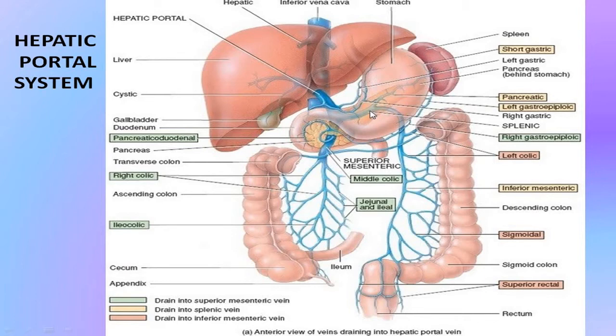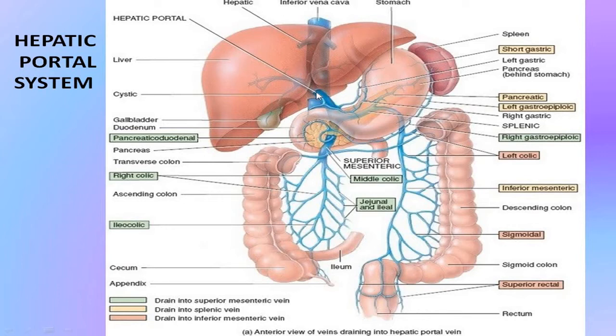But splenic vein also receives a vein from large intestine, that is inferior mesenteric vein, and a pancreatic vein from pancreas. And then the splenic vein and superior mesenteric vein fuse to form hepatic portal vein, which then enters into